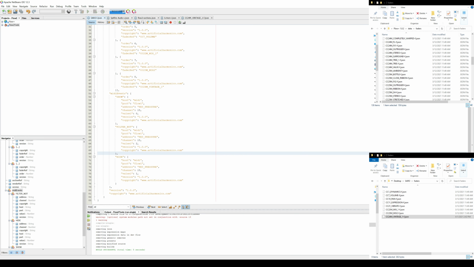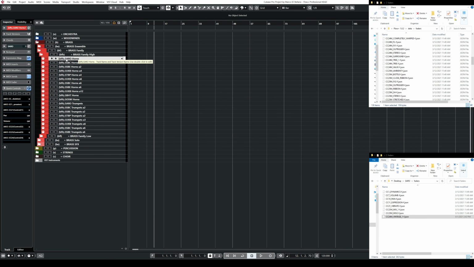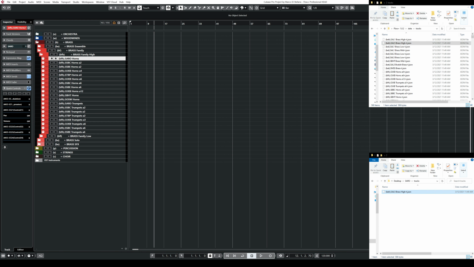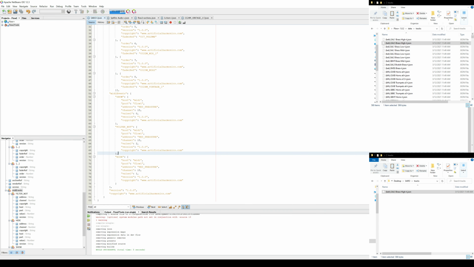The next things to be done is to create a new track. In that case, we are going to create a new track for this one here. So again, I will suggest you to just go here in the data tracks and take one of them and copy. So we are going to, for example, copy this one here. We put it there, and now you can